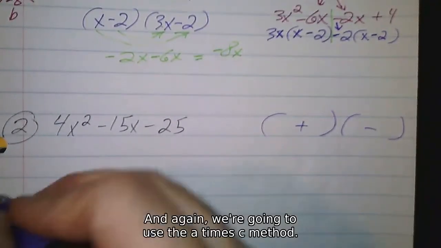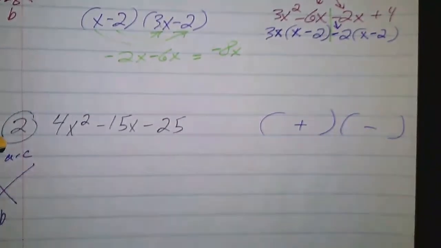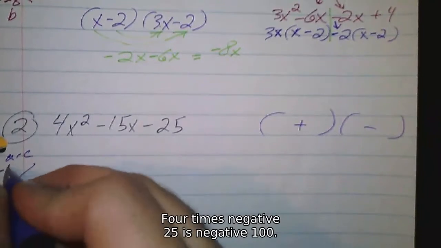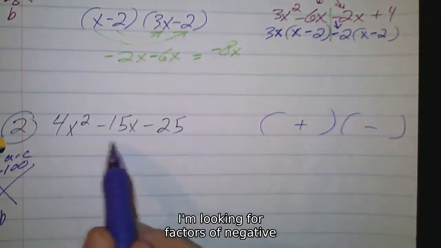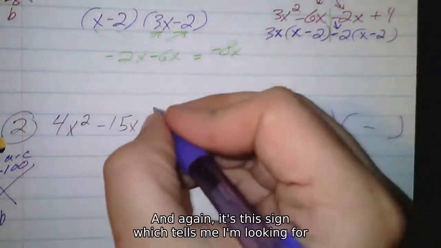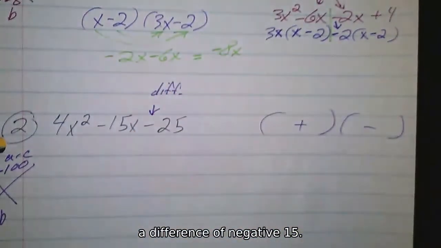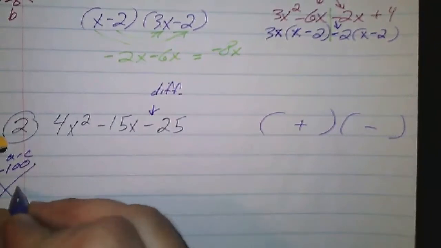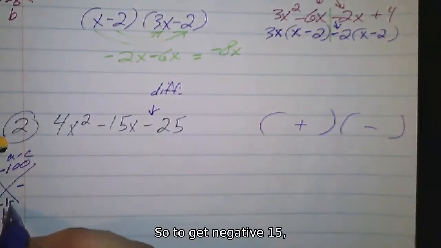And again, we're going to use the A times C method. 4 times negative 25 is negative 100. I'm looking for factors of negative 100 that have a difference. And again, it's this sign which tells me I'm looking for a difference of negative 15. So to get negative 15,